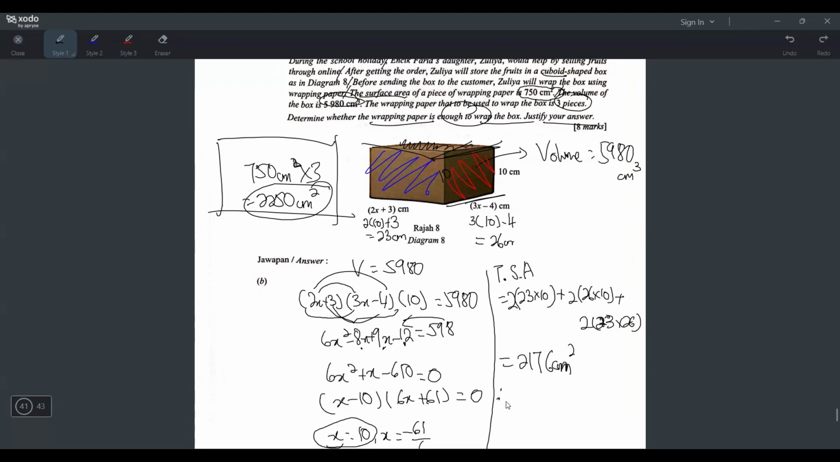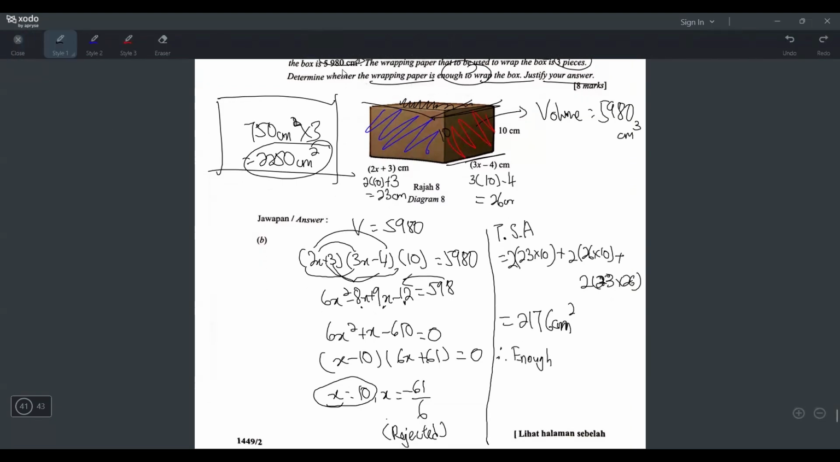So I'll just write here dot dot dot and just write enough. Okay, enough. So what I will write here is I will justify your answer, right? So I will just say enough. Okay, I will just write like this: smaller than 2250. Okay. And then enough, I'll write because total surface